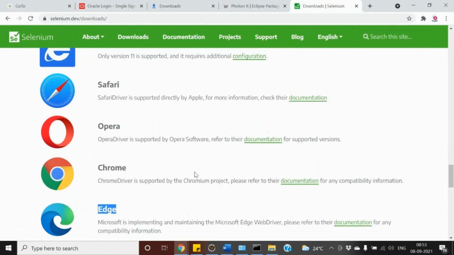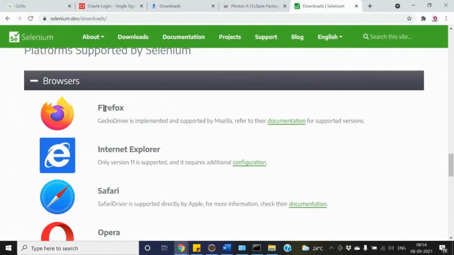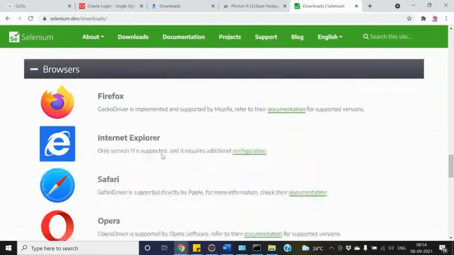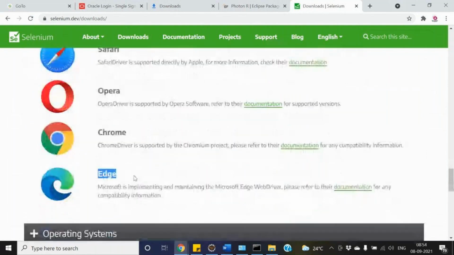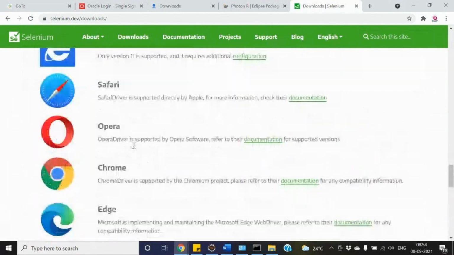You might know Microsoft has stopped supporting IE now, so we need to migrate towards the Edge browser.